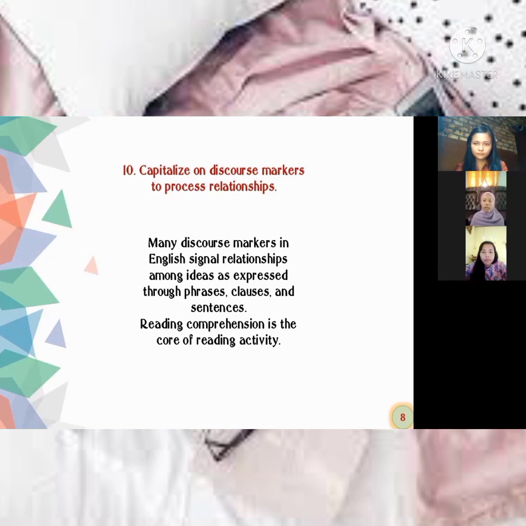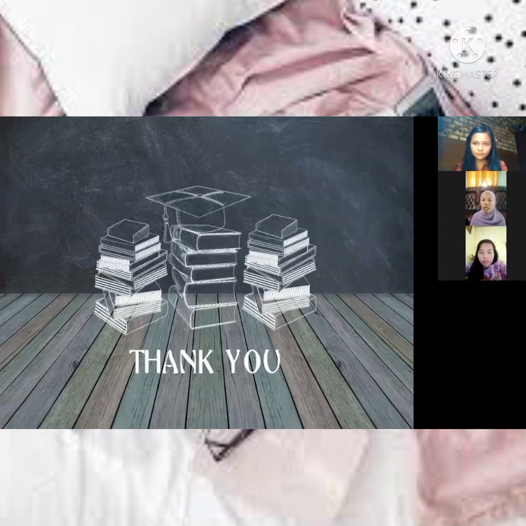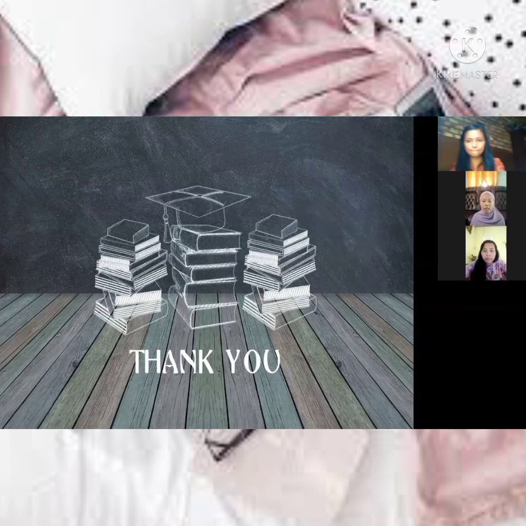So, the conclusion of the efficient reading strategy according to our group is to combine 10 strategies or ways to master reading skills: identify the purpose in reading, use graphemic rules and patterns to aid in bottom-up reading, use different silent reading techniques for relatively rapid reading, skim the text for main idea, scan the text for specific information, use semantic mapping or clustering, guess when you aren't certain, analyze vocabulary, distinguish between literal and implied meaning, capitalize on discourse markers to process relationships.